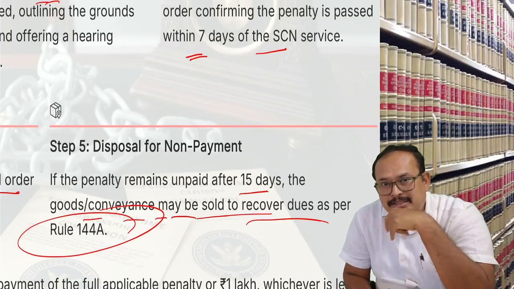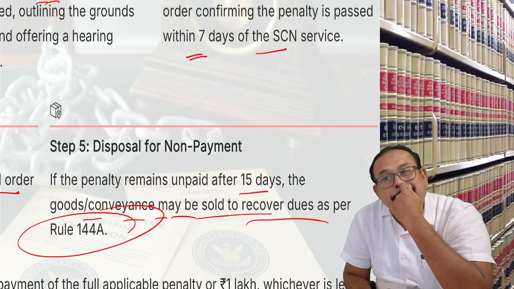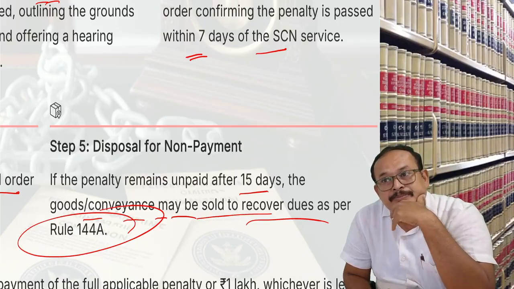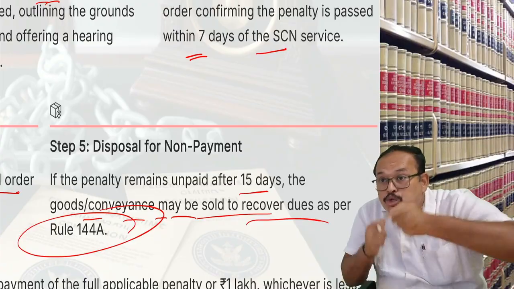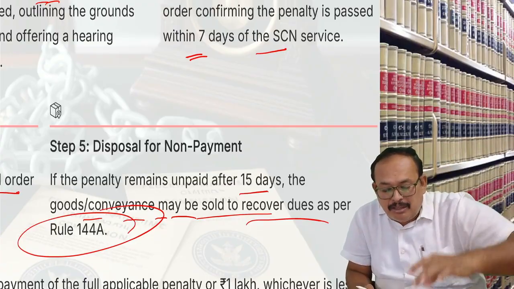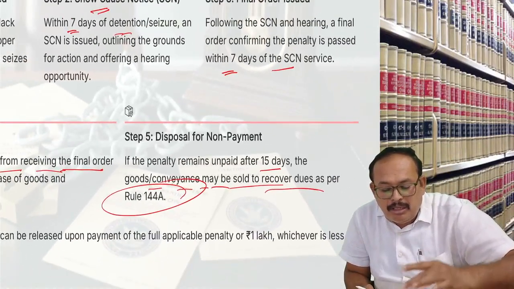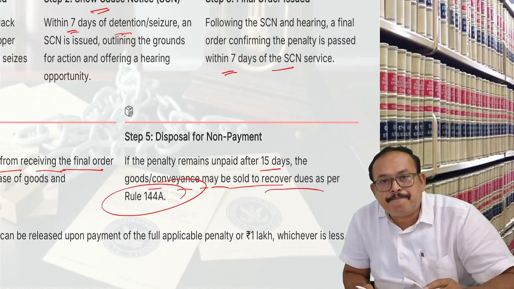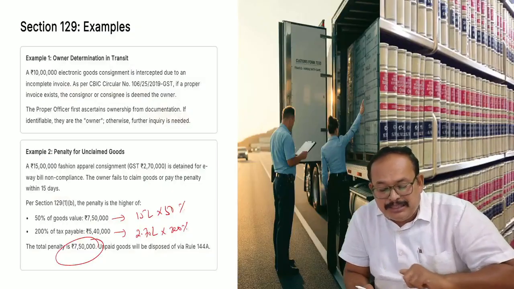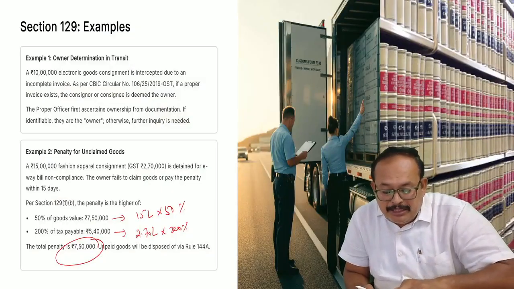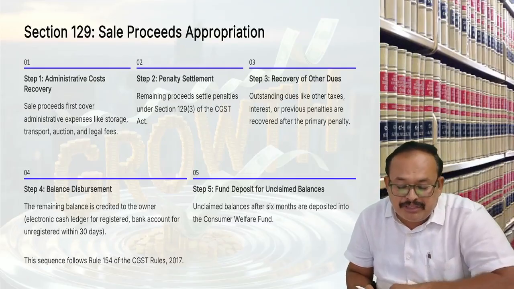You get my point? If you do not pay the penalty within the time period permitted, what is going to happen? The goods are liable for sale. Sold, amount got. That amount, how should it be disbursed? Refer here, rule number 144A. Recover the dues as per 144A, and disbursement is as per the particular provision. Look here,